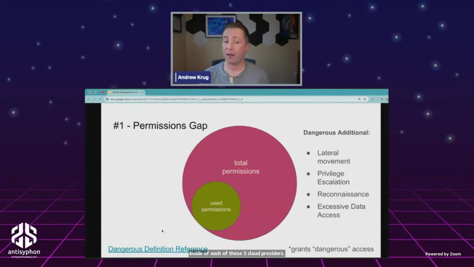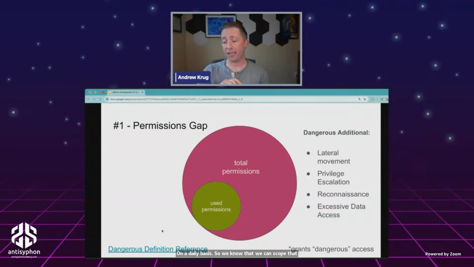So the first one, and probably the most notable, because again, credential leaks or mismanagement of credentials is one of the top causes, the top root causes of cloud breaches, is actually this thing that as an industry now we're calling permissions gap. And what that means is that we've assigned a ton of privileges to an entity, and it actually doesn't use the majority of them to do the work that it does. And the way that we can know this in a lot of cases is actually by analyzing cloud provider audit logs and saying, hey, this entity has 100,000 permissions and it uses 10 of them on a daily basis. So we know that we can scope that down.